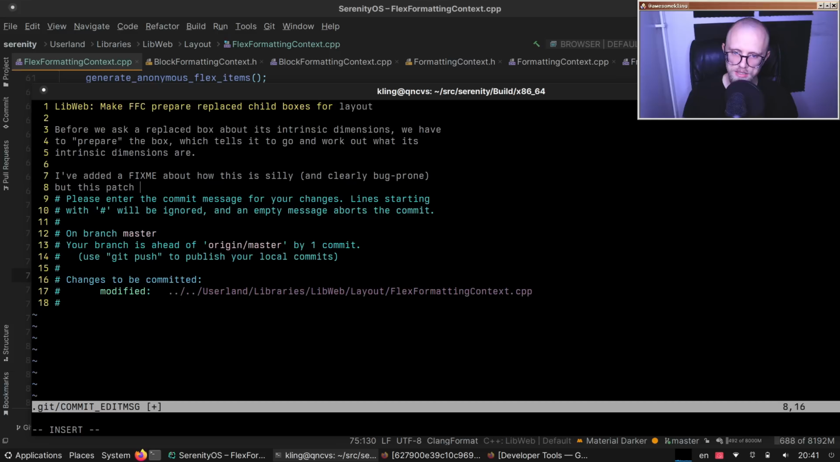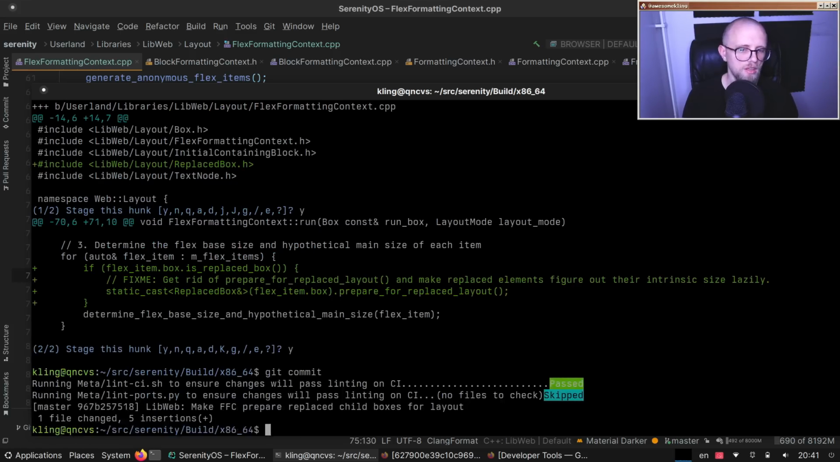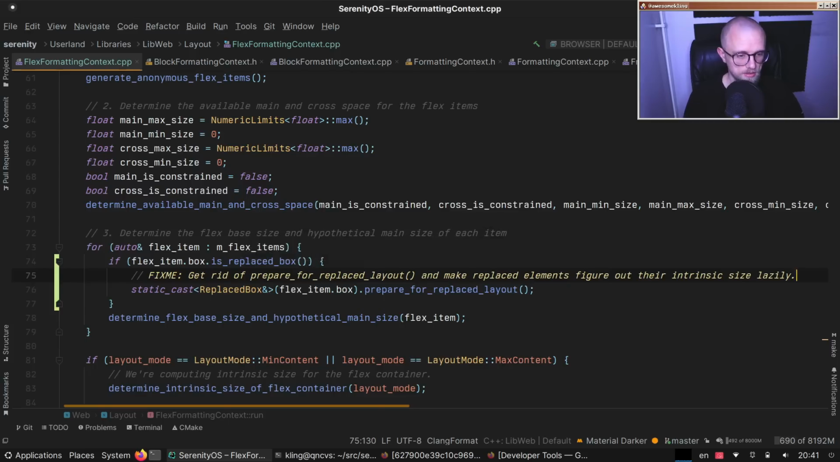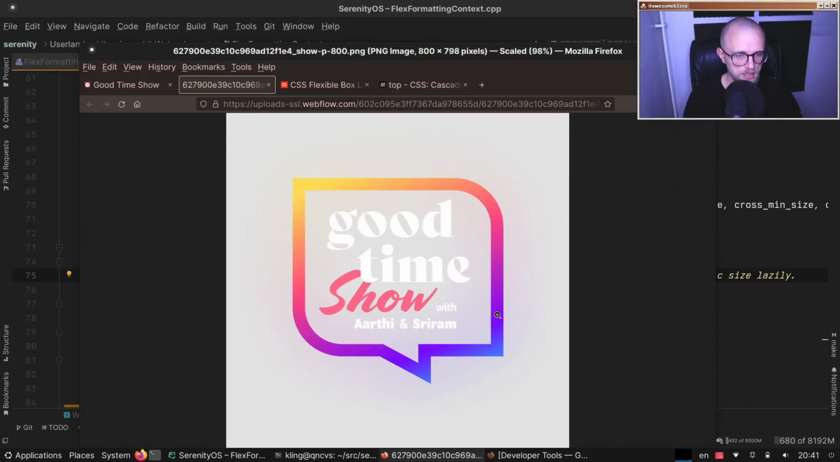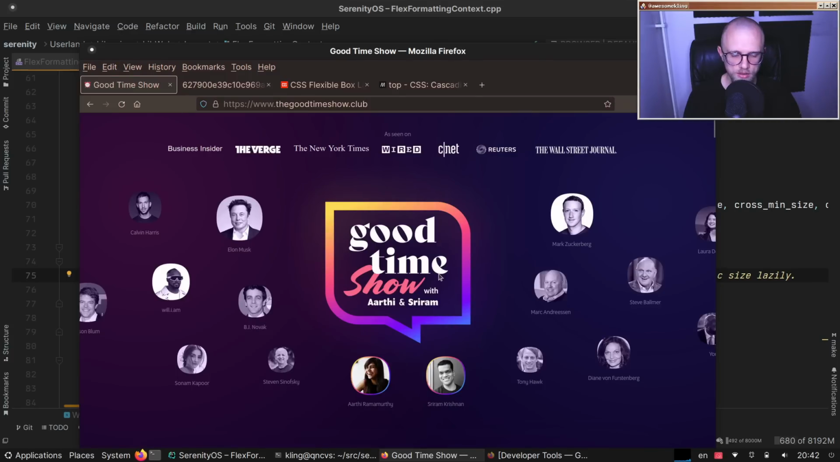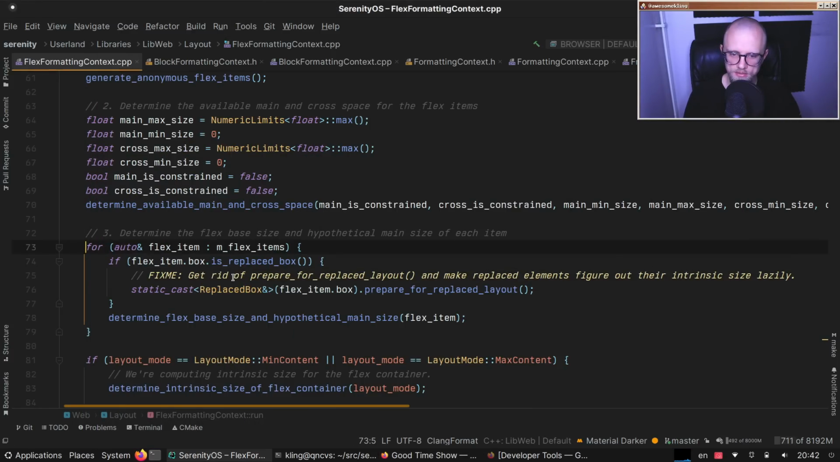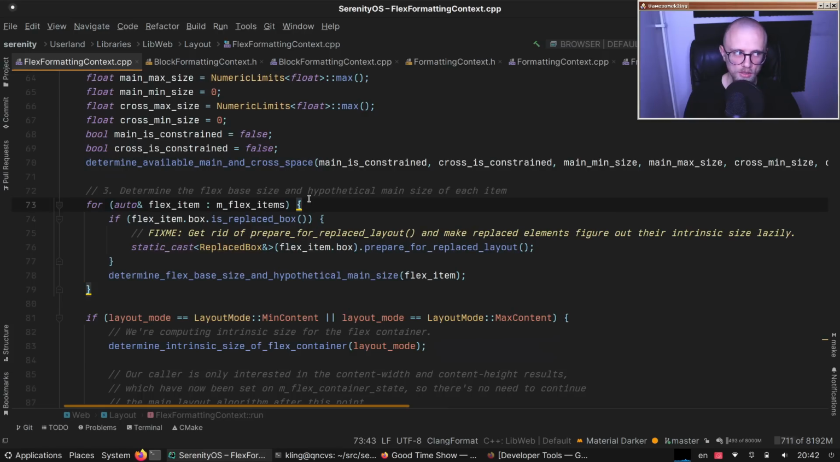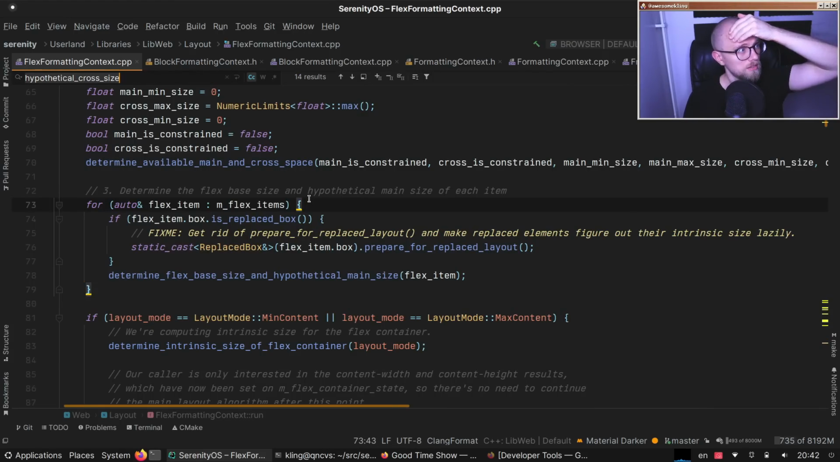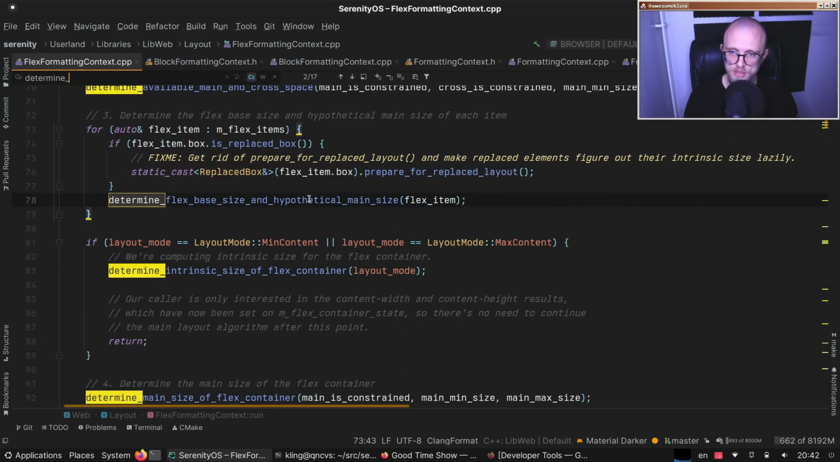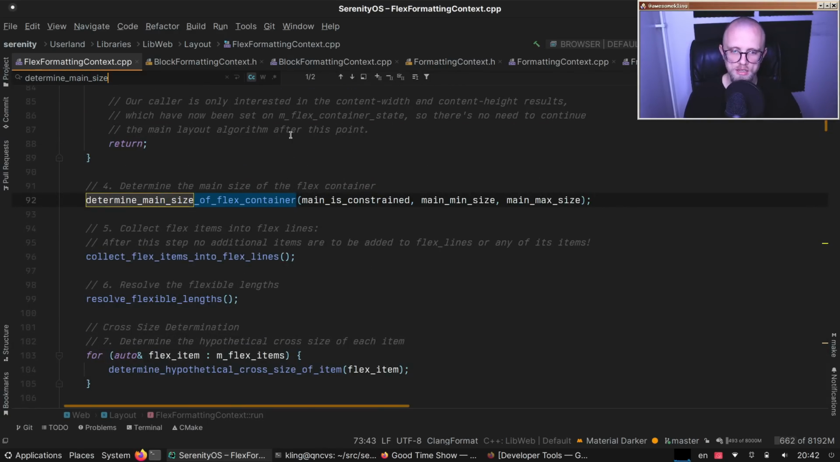But this patch only patches it locally in FFC for now. Yes. Okay, so why is the height, or why is the width so wide still? So now we are getting a too wide main size for the only flex item. So now we're determining the main size, not of the flex container,